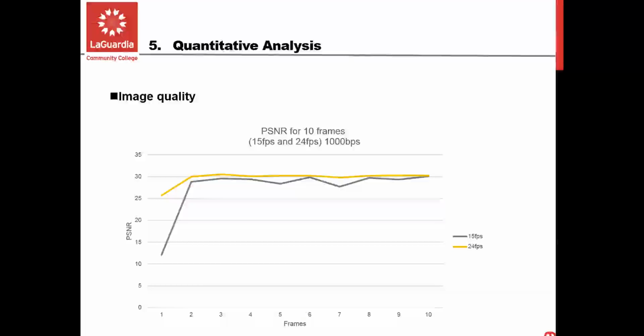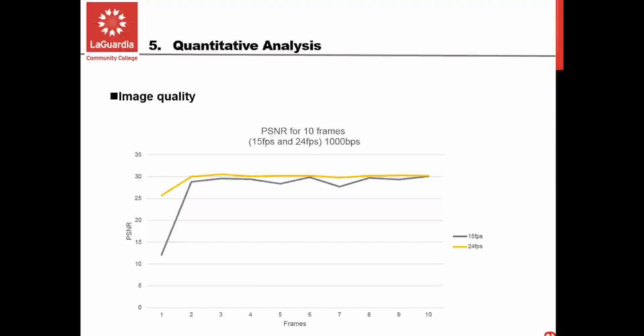Finally, here is a comparison of the image quality of the two videos. As I mentioned earlier, both our app and VLC Media Player save frames from the video. So we take the source frames from our phone and the destination frames from our computer, and we calculate the PSNR of each frame using ImageMagick.